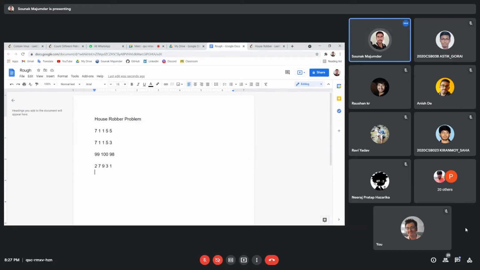What are the constraints that the thief should keep in mind while robbing, say, the third house? Say the thief has started from the first house and he is moving towards the last house. At this moment, he is at the third house. So what are the conditions or constraints that he should keep in mind while robbing the third house? Tell me.